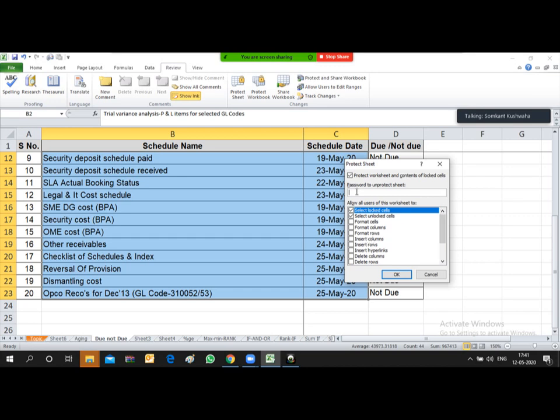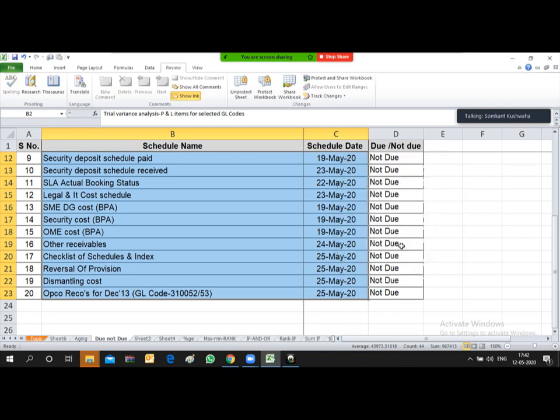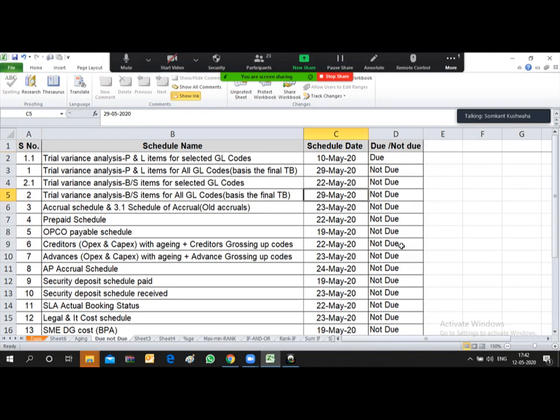Now just type a password over here. Say I am just typing the password as a capital A, and it will require me to repeat the same password. I am re-entering the same password, capital A, and then press OK. Now you will be able to see that all the cells which were unlocked are not protected, but all the locked cells are protected.